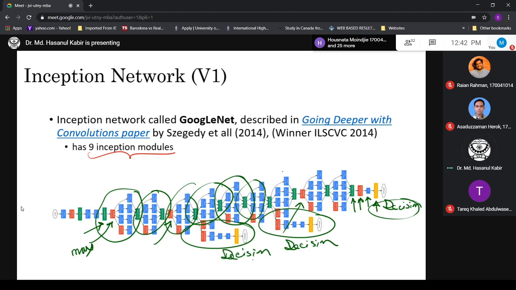So basically, during this iteration, during this learning, they also try to see whether few layers or more layers